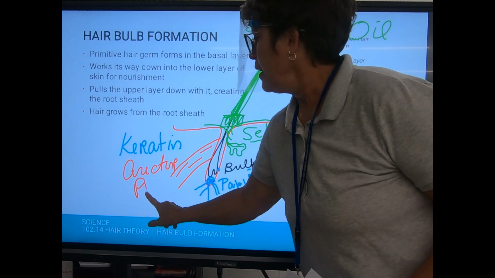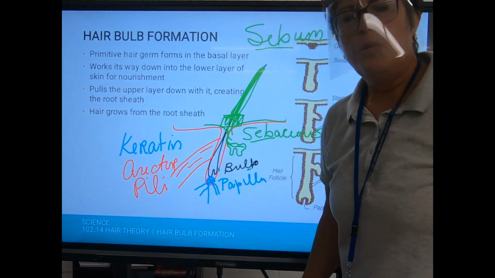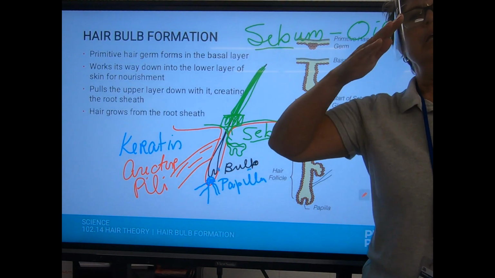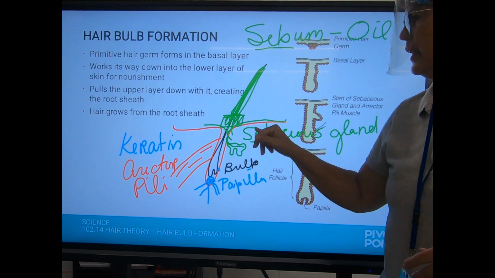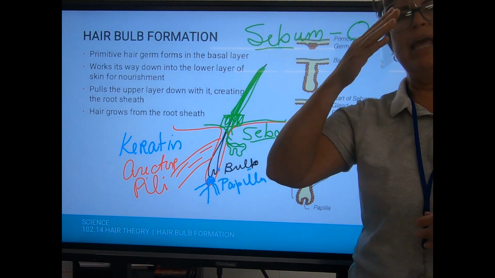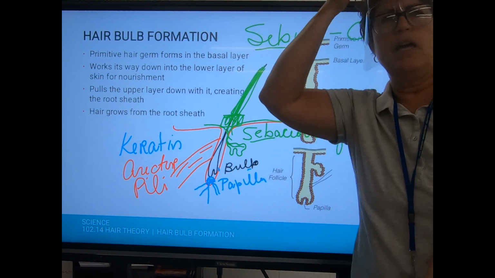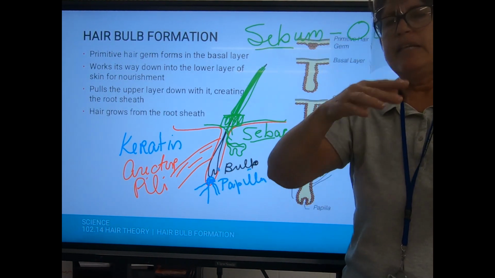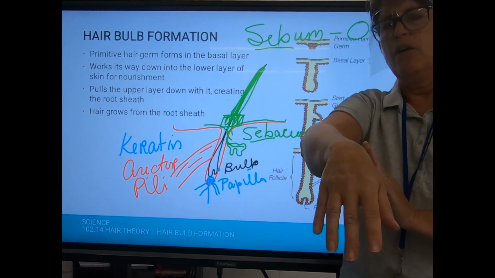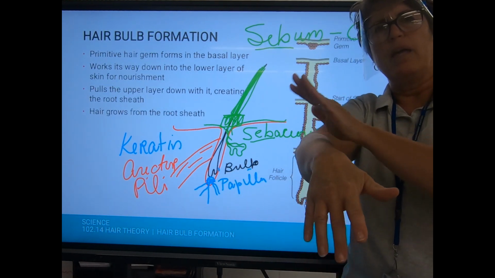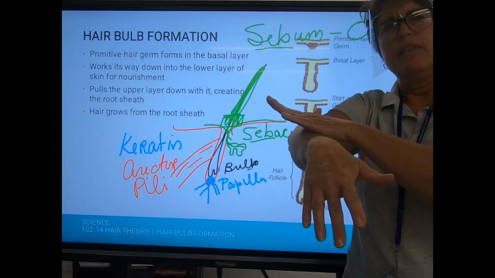Erector pili. Okay, so when your follicles sit in your skin, these tubes, they're always at an angle. That's what causes your hair to want to part this way or this way. Everything's set at an angle. If you look at your arm hair, the hair goes this way. That follicle's set in there like this.